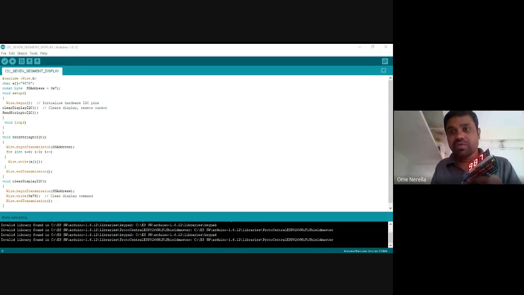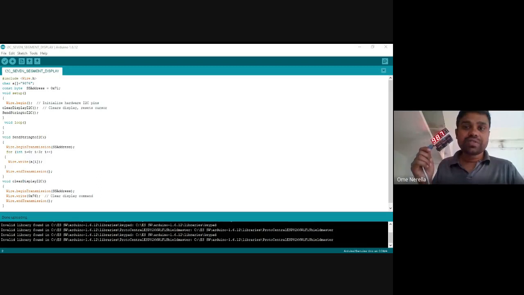Are you able to understand what I am saying? This is the experiment for Arduino Uno with I2C based 7 segment display. You should remember only, I am saying that only 5 things. One is serial data line, serial clock line. Another one is there is a library, Wire.begin.